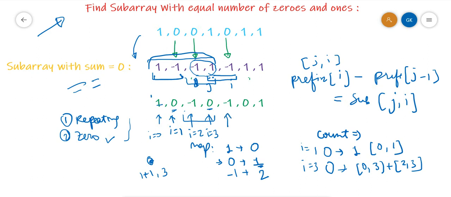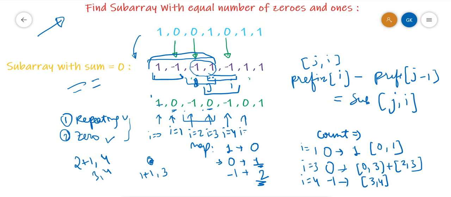And then we will go to I equal to 4. So we will check for this. So -1 is satisfying the first condition, which is it is getting repeated. So -1 was present at I equal to 2. So that means there exists a subarray from 2 plus 1 till current index, which is 4, from here to here in the original array. From 3 to 4, there exists a subarray which is having subarray sum equal to 0. So for I equal to 4, we encounter -1, and then it is contributing to our subarray sum which is having sum equal to 0.